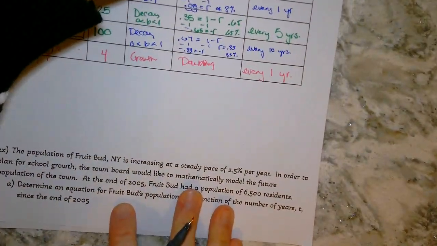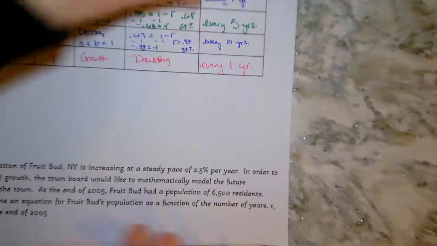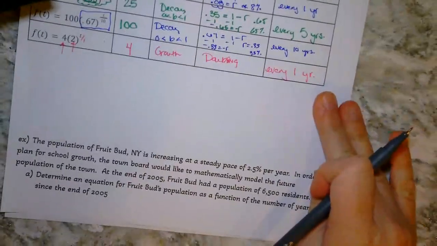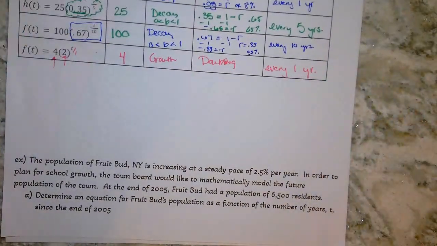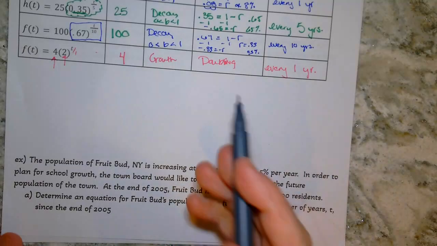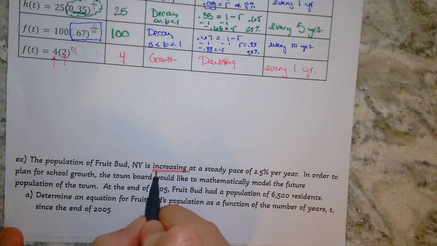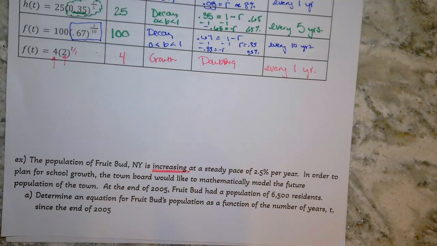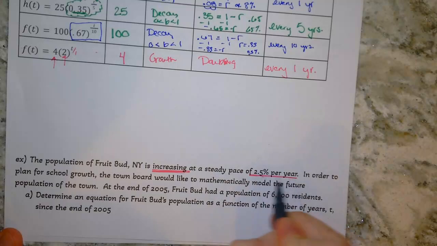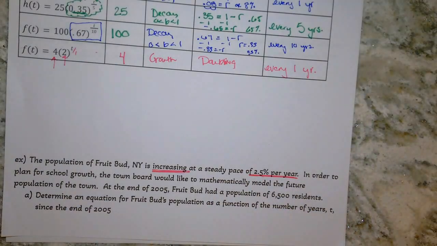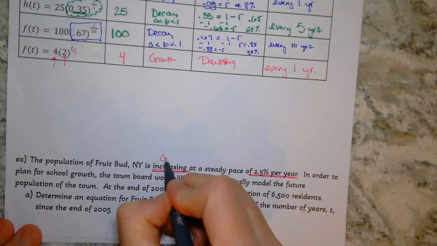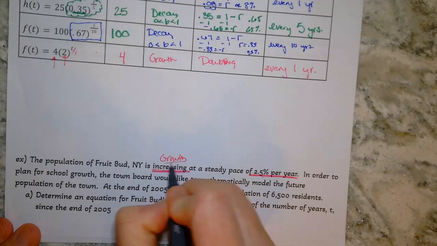Okay, now we've got a few word problems. And I think this goes on to the next 2 pages, so might have to flip. The population of Fruit Bud, New York is increasing, so let's highlight that word, at a steady pace of 2.5% per year. Okay, so you'll notice I do a lot of underlining. The wordier these get, the more underlining we need to do. We know it's increasing, so the moment I see that, my brain is saying growth,